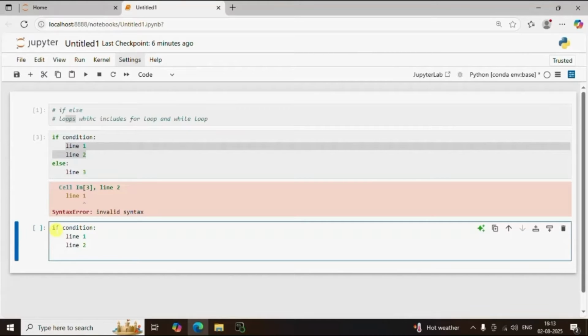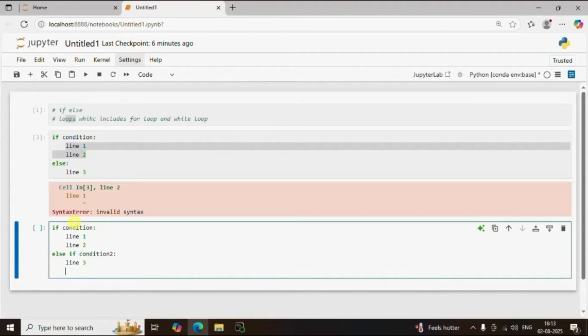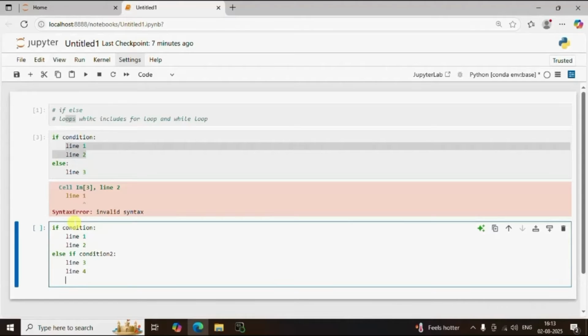Now to come out of this if block, press backspace, else if condition 2 colon, press enter, line 3, press enter, line 4, press enter. Now to come out of this else if block, we will press backspace, else colon,